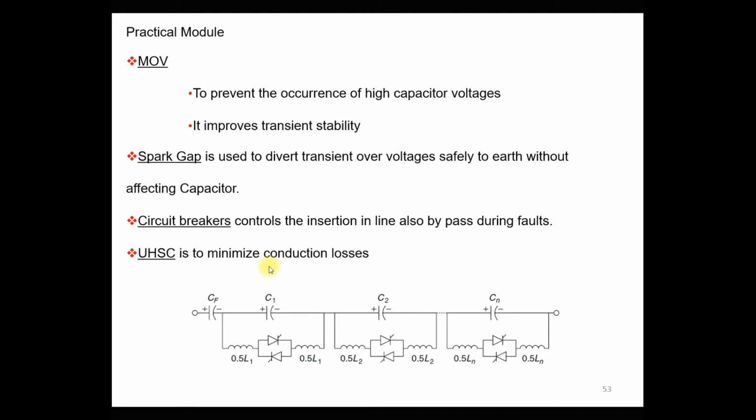So in the actual practical module of the TCSC, a number of small TCSC modules are connected in series. You can see that this is the first TCSC module, this is the second, that is the third. So n number of TCSC modules are connected, and that forms the large TCSC module. And here you can see that we provided an inductor at both sides of the pair of thyristors. So the aim of these two inductors is to limit the fault current or to limit the capacitive current during the bypassing of the capacitor.